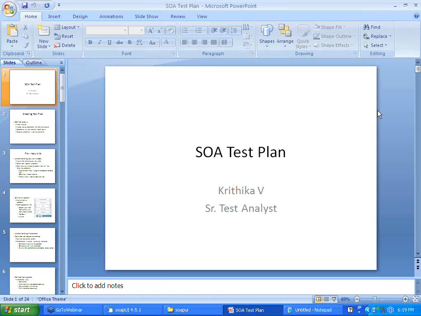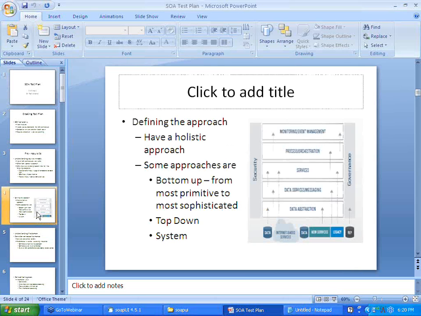But the question is how this particular architecture is going to be tested. That is where the SOA test plan comes into the picture. Today I'm just going to show you a simple diagram of a sample SOA architecture. We will see more about the SOA test plan and testing in tomorrow's session.